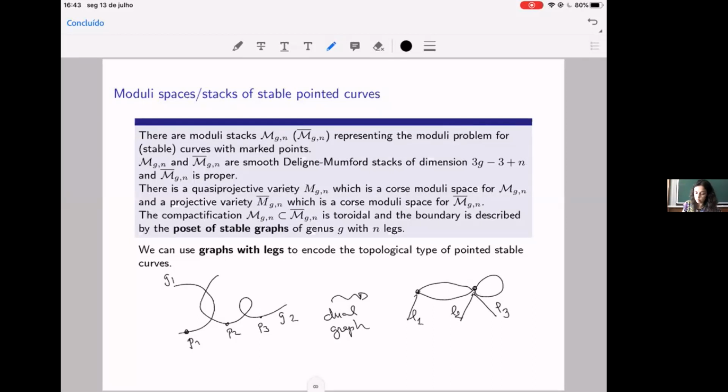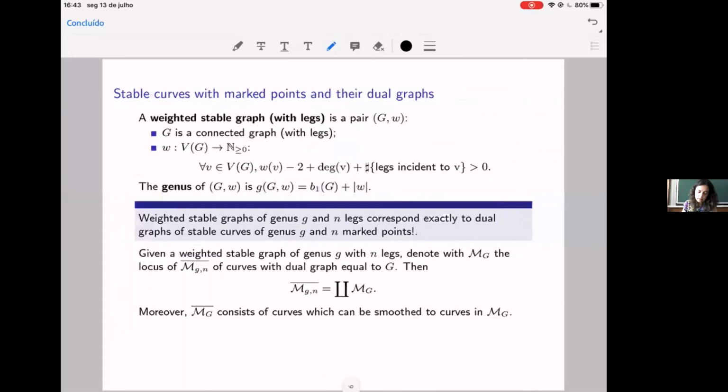If we want to parameterize also the markings, we just include the legs, inserting them in the corresponding vertices, according to the vertex that corresponds to the irreducible component where the point is. Okay, so now let's see this from the point of view of graphs. What is a weighted stable graph with legs? This is just a pair (G, w),